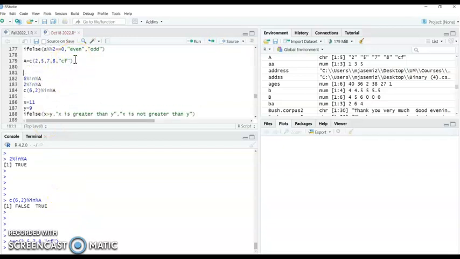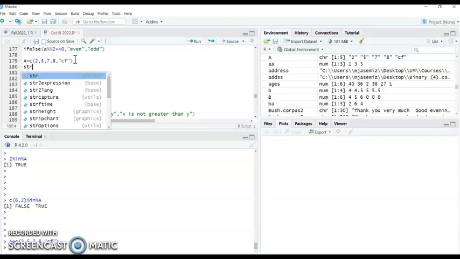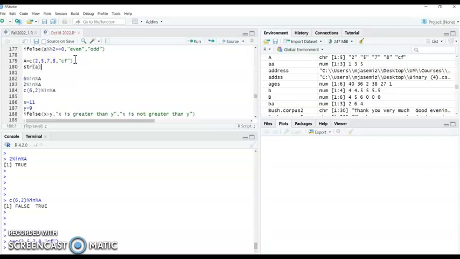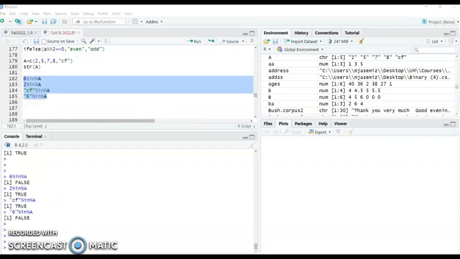So then I get the structure of A. Okay, you see all of them are character. So in fact, consider all of them as character just to avoid an error message. And as the last point, you see I'm checking if CF is in A, it gives me true. And when I put 6 in A, it gives me